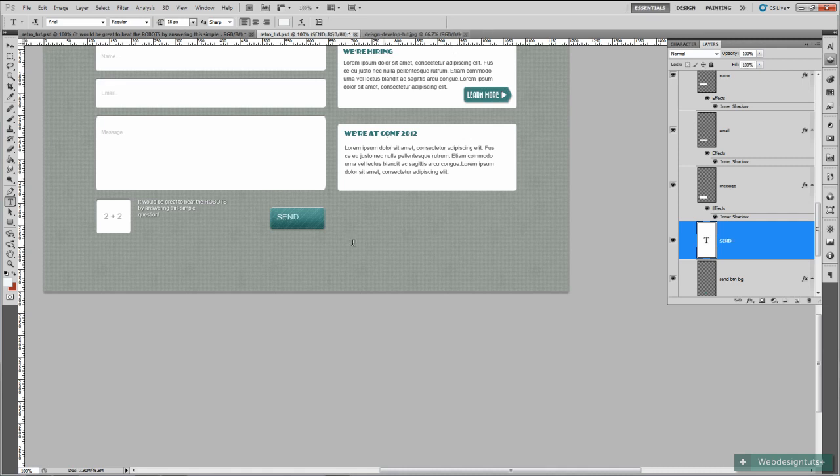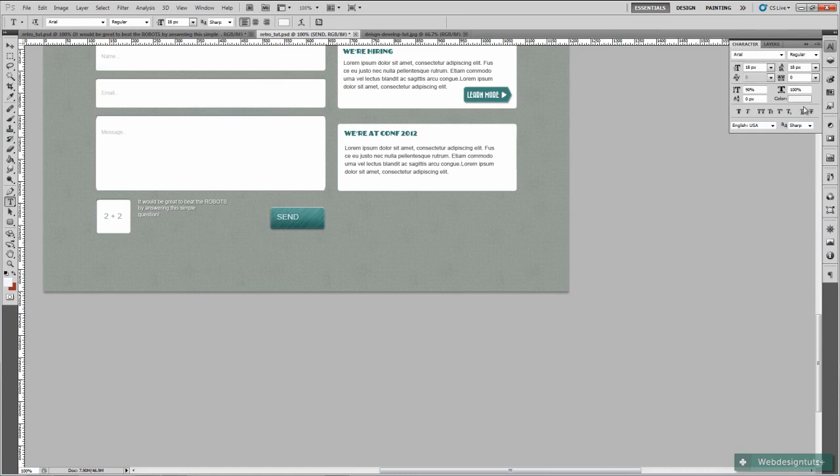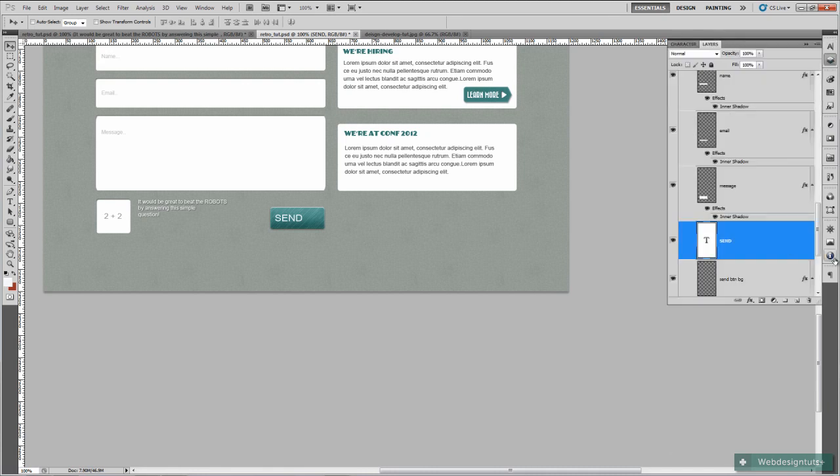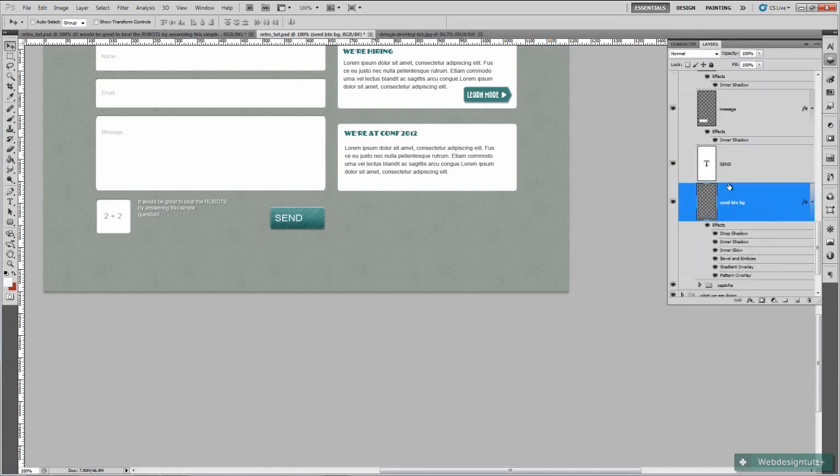Just open up your character set now, go to window, character, and I'm going to just drag up the font size until I'm happy with how it looks. Bearing in mind I'm going to have a little arrow to the right of that, so I'll probably bring that down to about 23. Yep, okay, so open up Layers palette again, create a new layer, and use the ellipse